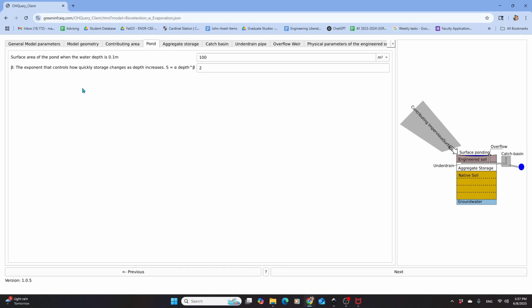So what we have is essentially the relationship between head and storage in your pond. It uses the surface area of the pond at 0.1 meter depth. So if you have 0.1 meter of water, what's going to be the area? Then it calculates the alpha and beta in this relationship between storage and water depth. Alpha is calculated using this value, and the beta you provided. The value is 2, which means the exponent in this equation is 2 for calculating the relationship between storage and